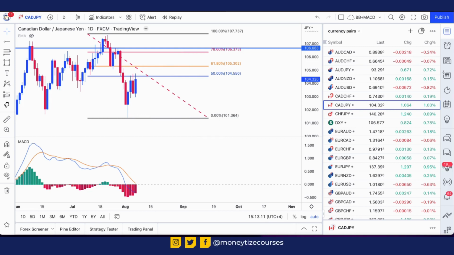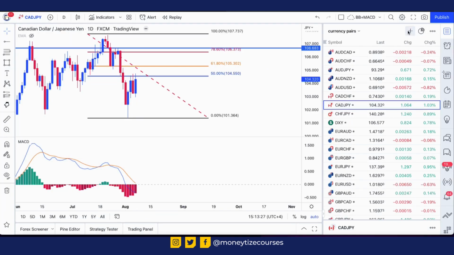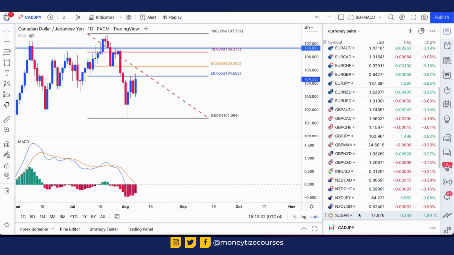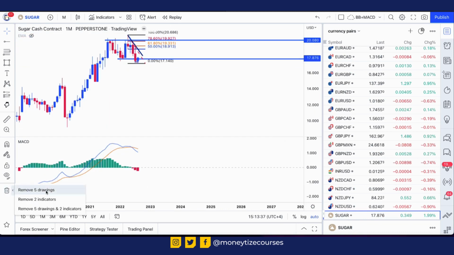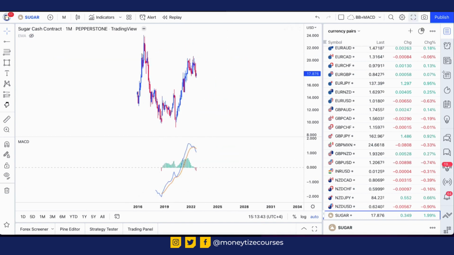Now what next? If you are trading the commodities, we have some good setups on the agricultural commodities. I'm going to explain just one of them, sugar. So on the monthly time frame, we got a bullish divergence, lower high formation on the charts, but higher low